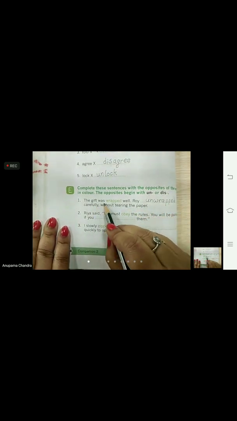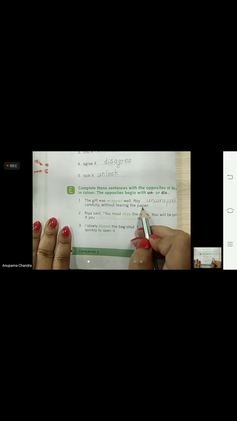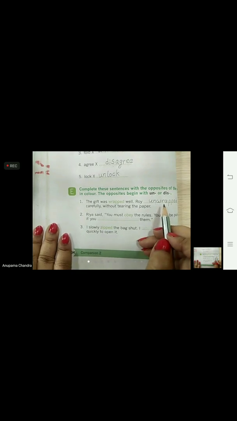The gift was wrapped well. Roy unwrapped carefully without tearing the paper. So by adding UN, we made the antonym for wrapped: wrapped, unwrapped. Okay, let's go for the next one.